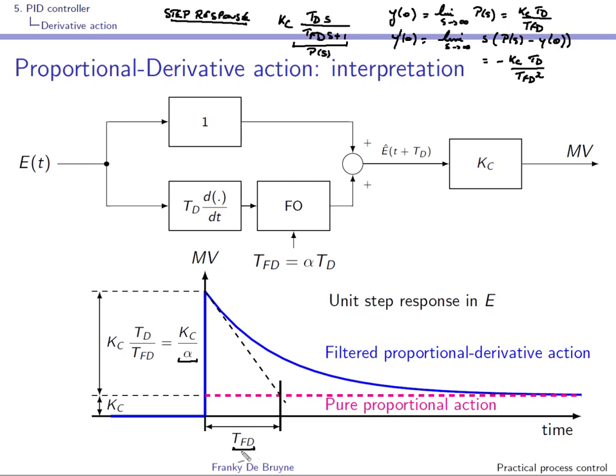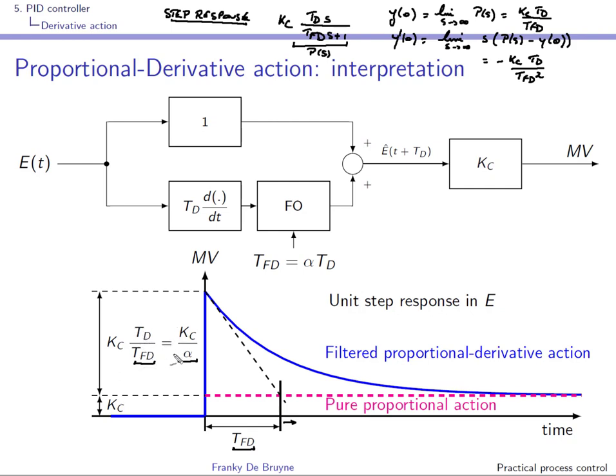You can use Tfd to see how long this derivative action is going to last. If you increase Tfd, you can see that the derivative action is going to last for longer, but the peak value is going to be smaller, right? And the peak value is of course influenced by the controller gain and by the ratio Td over Tfd,